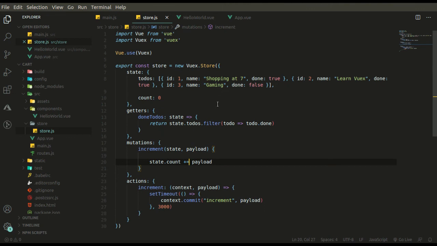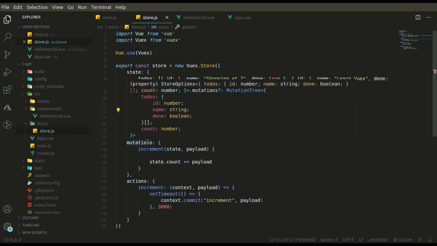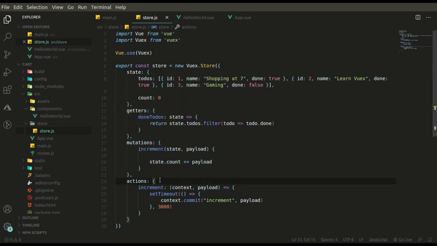Let's do a quick recap. We have installed Vuex. We have used this plugin, Vuex over here. This is how we instantiate our store, and then we define the state within our store. And I hope you understood the concept of getters and mutations. Getters is basically to get the state from the store after you have performed some operations on the state, mutation is to update the state, and actions are for when you are dealing with async operations. If it is not clear in one go, try watching the video again. There's no harm in that.